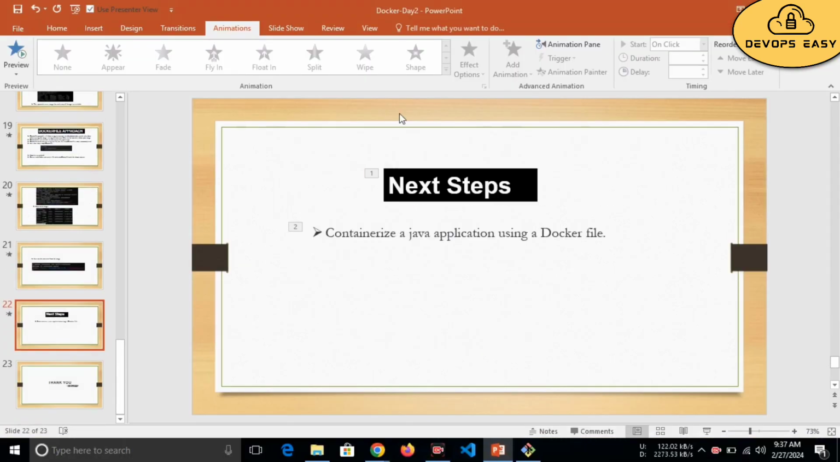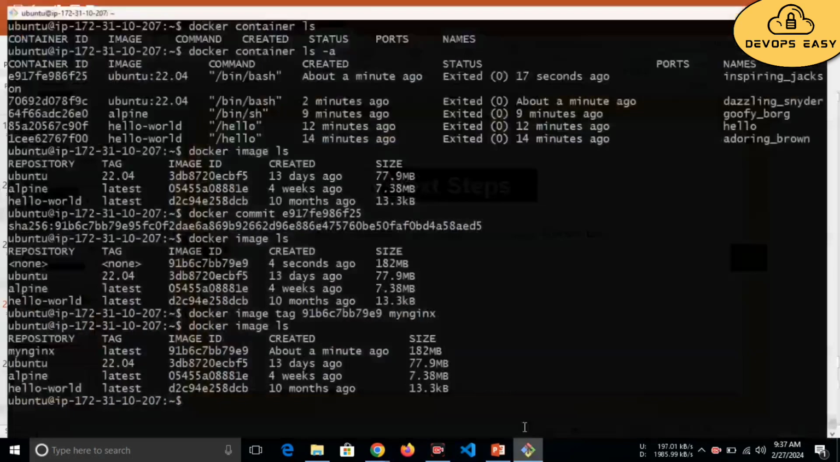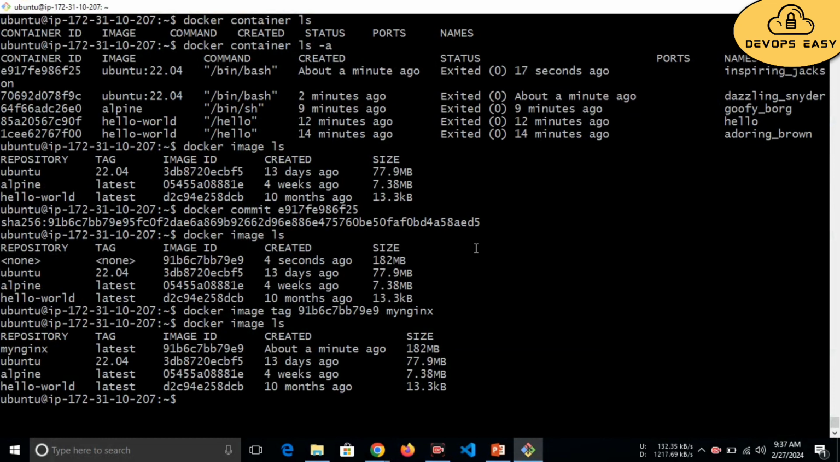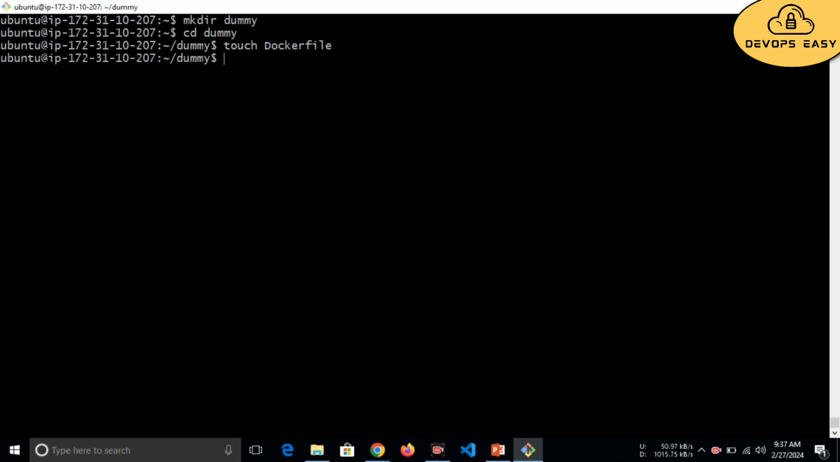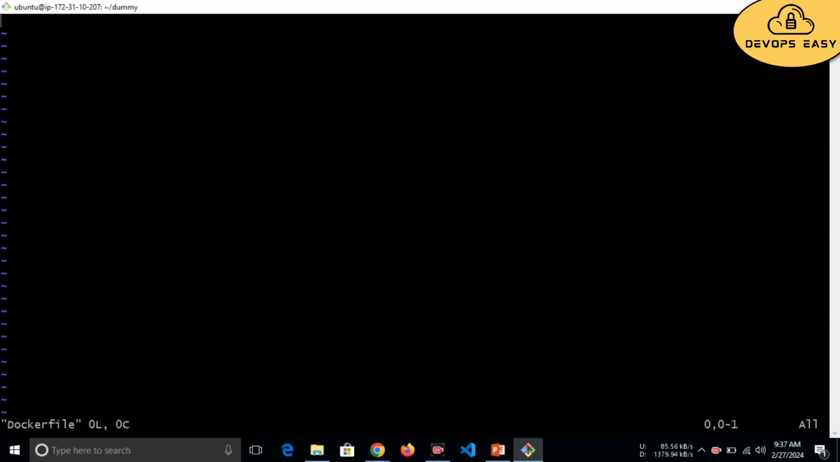Okay, now from the container I have created an image. Right, now I will create one dummy folder. I will go inside this dummy folder. Here I will create a new file called Dockerfile. Okay, ls. Right, if you want to edit this Dockerfile, I will go inside this Dockerfile, enter insert mode,